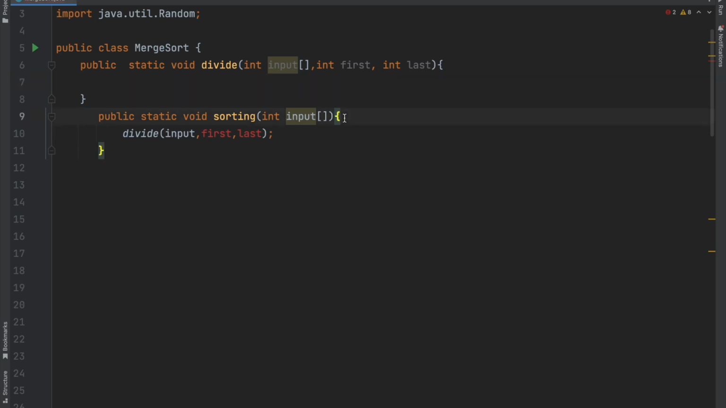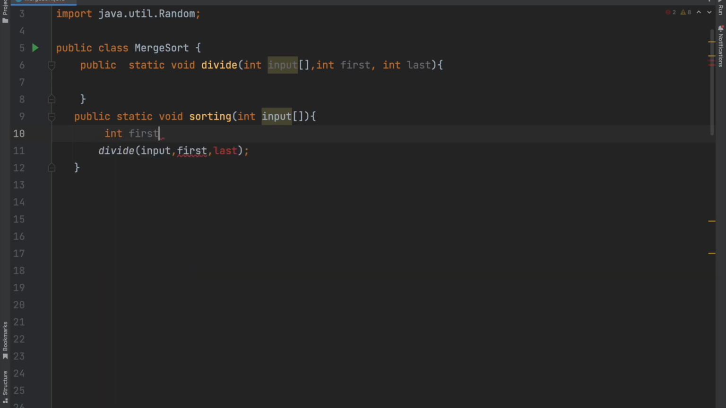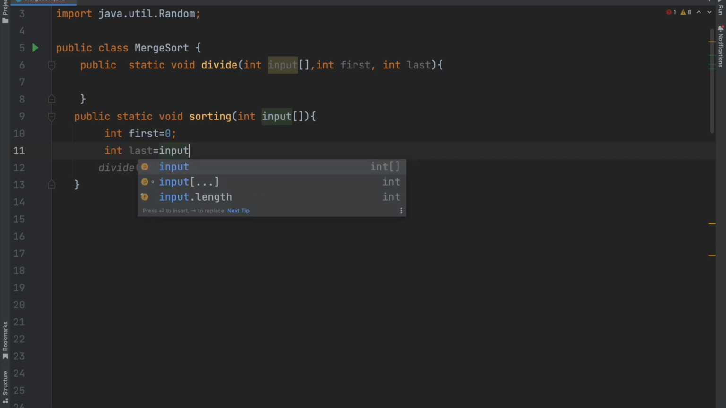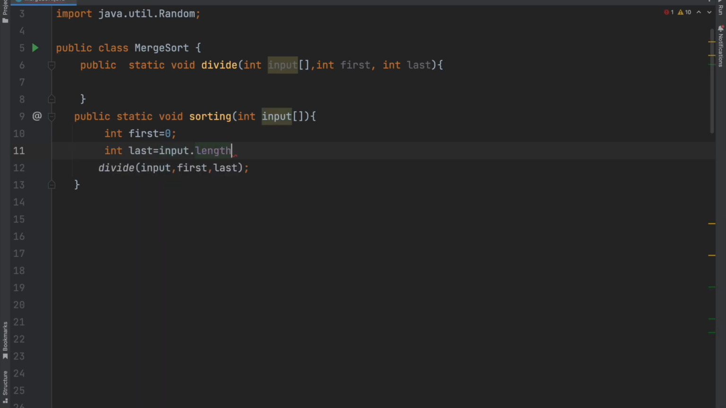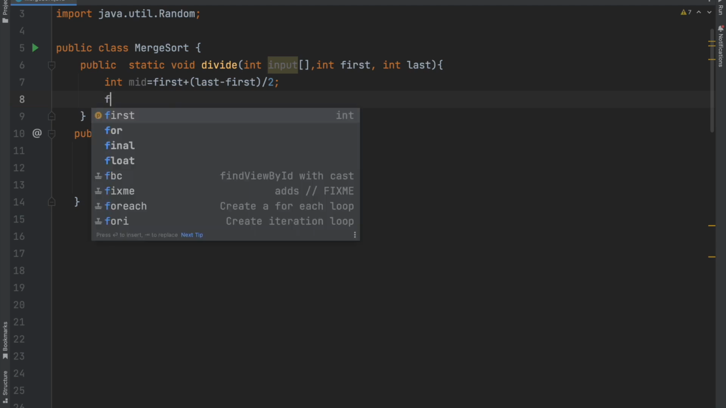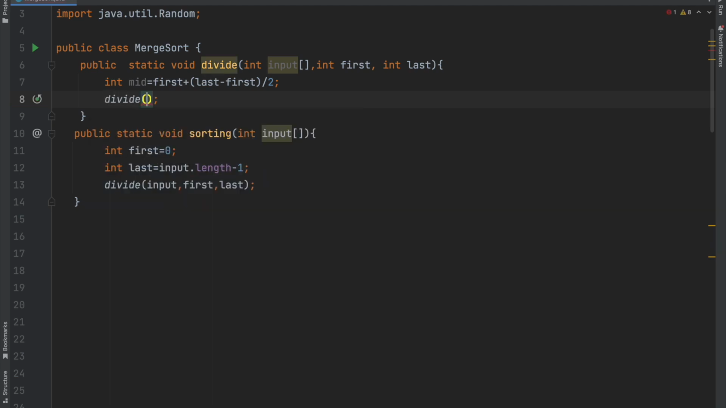And here first and last would be, so first would be equal to 0 because we start from the start, and last is equal to the length of the input array minus 1. That is from where we are going to start it. And let's move to the divide function. In the divide function, we basically have to look for the middle element. Middle element would be first plus last minus first upon 2,